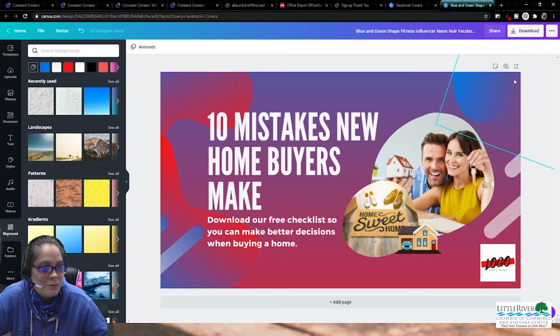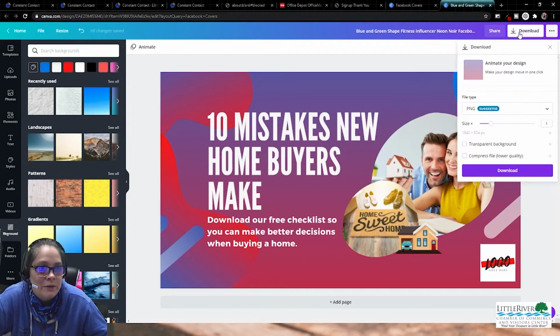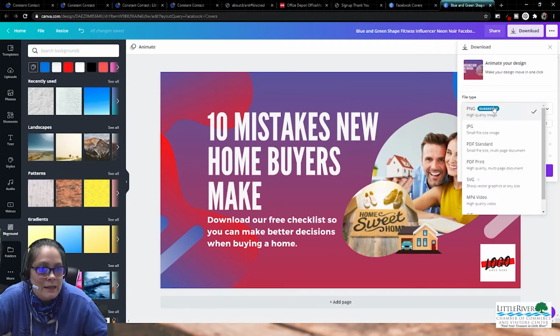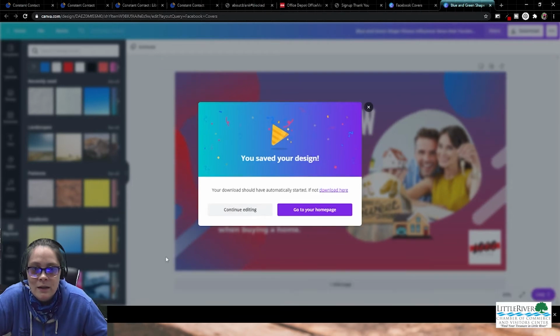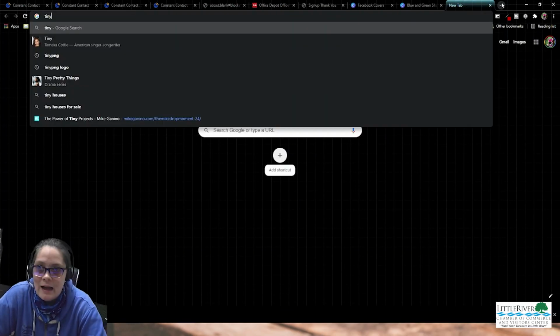But once you're happy with what you have, you're just going to click on download, and we want a PNG because that is an image. Download, and you're going to wait for the loading bar to go across. And so now this is on my computer. If you're uploading to a website, I recommend going to